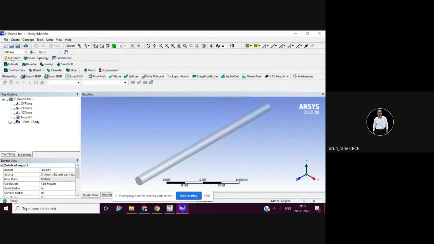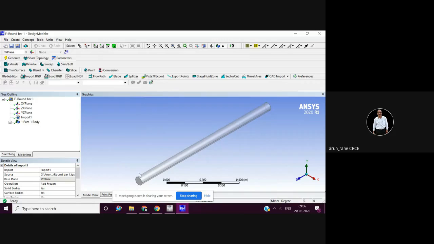Now I have kept the weight and the length of the component same as the I-beam, and I know the cross-sectional area of the I-beam. The cross-sectional area of the I-beam was 19.625. The diameter of this round bar is 50 mm, so pi by 4 d square, 0.7585 into 25, that comes to 19.0.